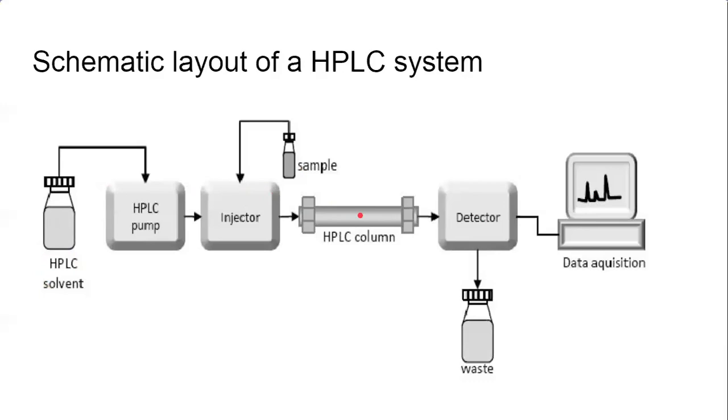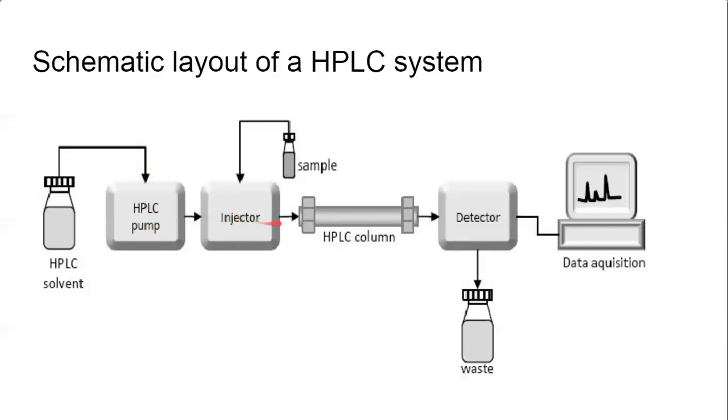Generally we take the opposite nature. Our mobile phase nature should be opposite to the stationary phase. Suppose our stationary phase consists of silica, that is a polar stationary phase, then our mobile phase should be non-polar. Here we can use a gradient solvent. In a gradient, first we introduce non-polar solvent. Why? Because the nature of our column is polar. So first we introduce the non-polar solvent.